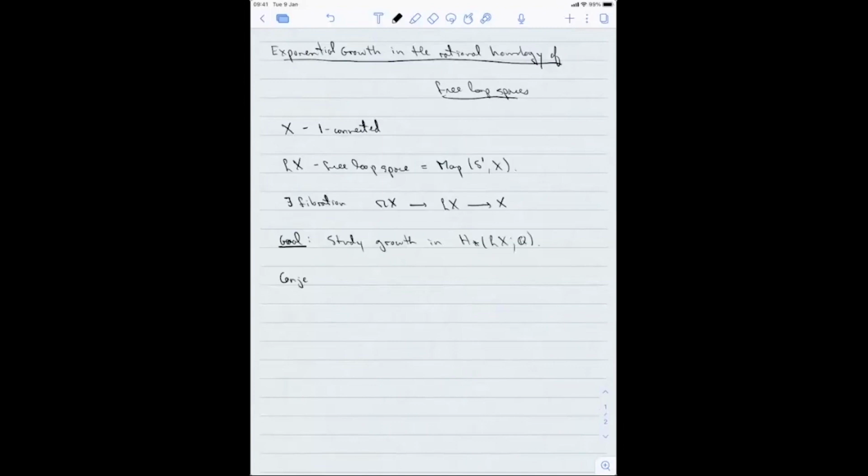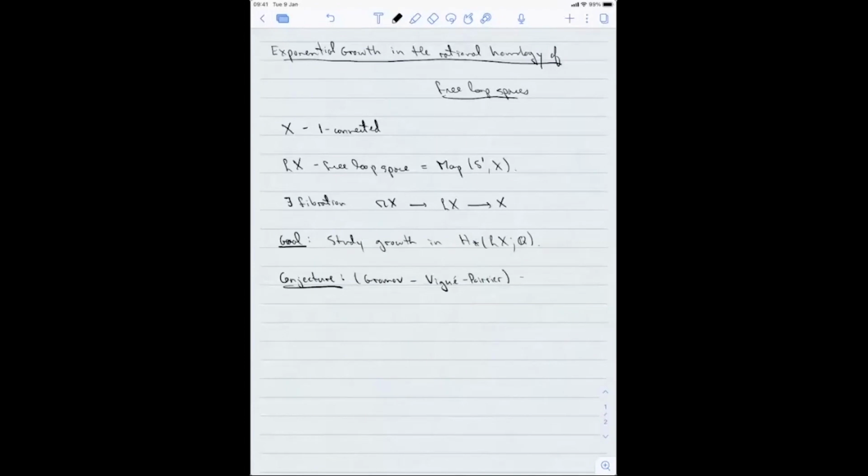And there's a nice conjecture about what should happen. This is due initially to Gromov in a special case, and was phrased differently by Vigué-Poirrier so that it aligned better with rational